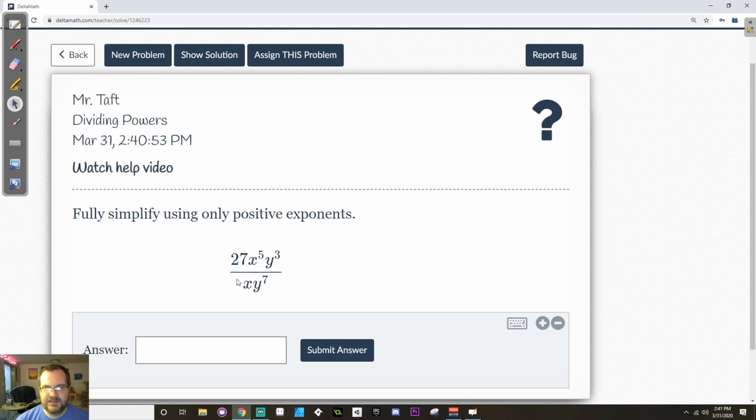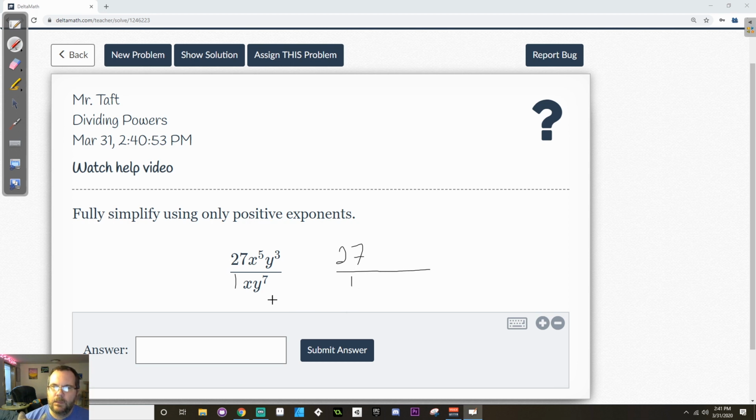Here's an example of today's Delta Math assignment. Now, we have a setup here where there's 27 on top, but there's no number on bottom. If there's no number on bottom, remember that you can always just add a 1 as the number in front. So 27 over 1 stays just 27 over 1. You don't have to have the 1 on the bottom, but I'm going to add it just so that I